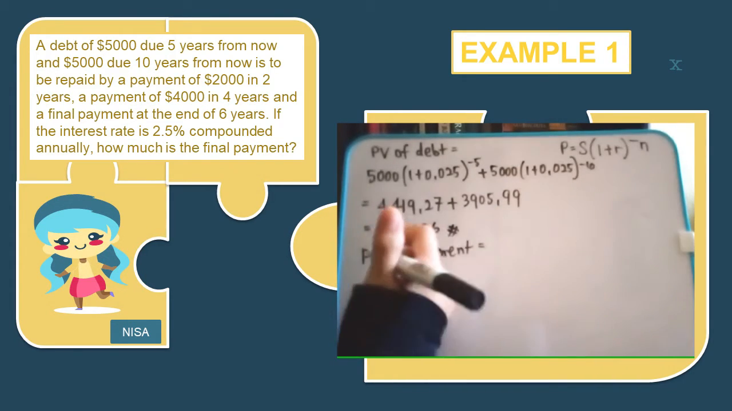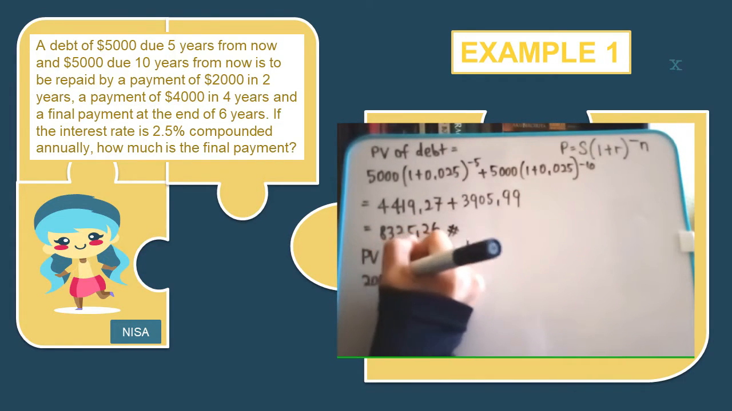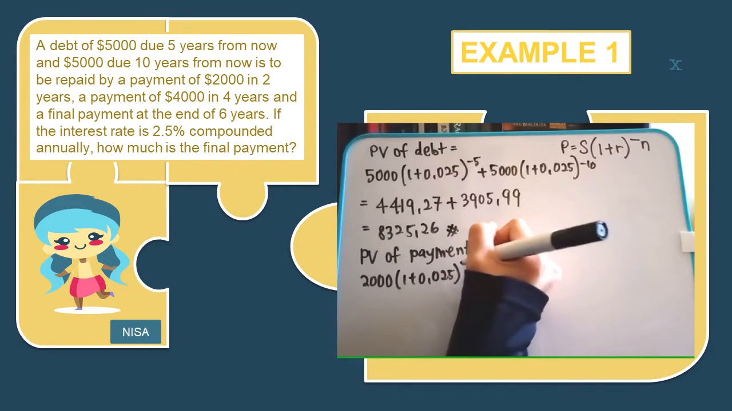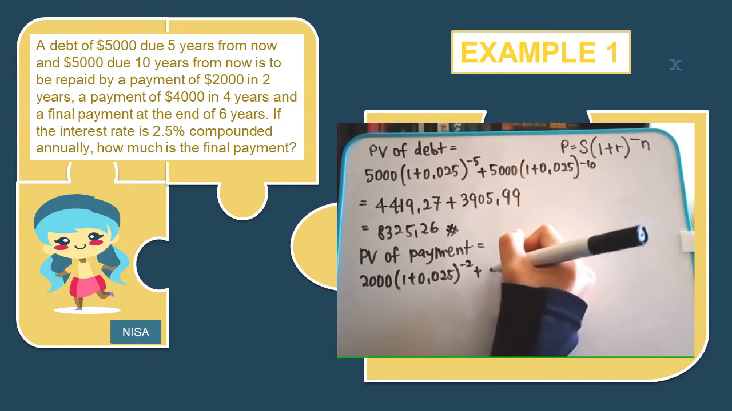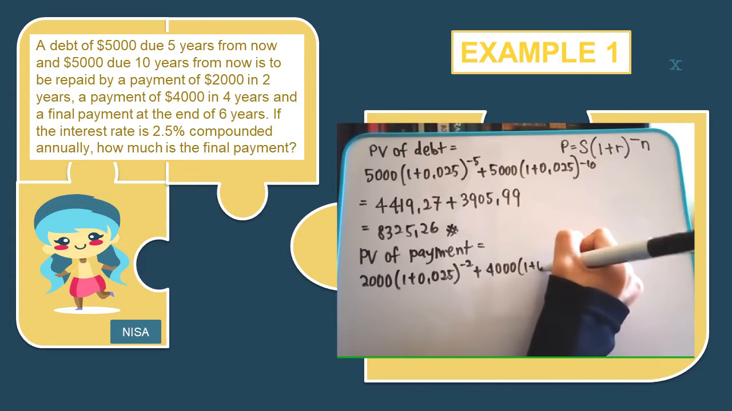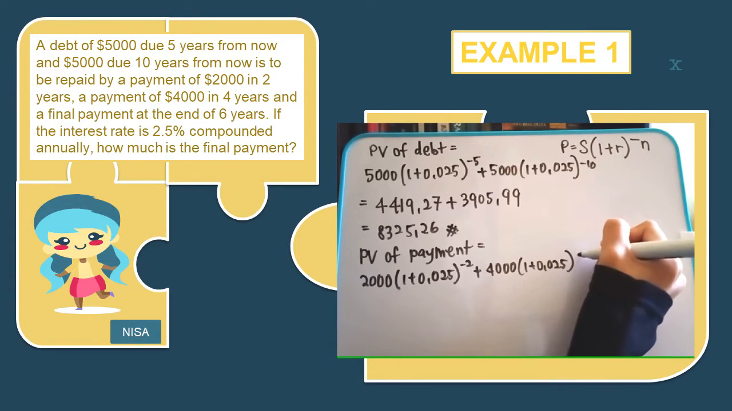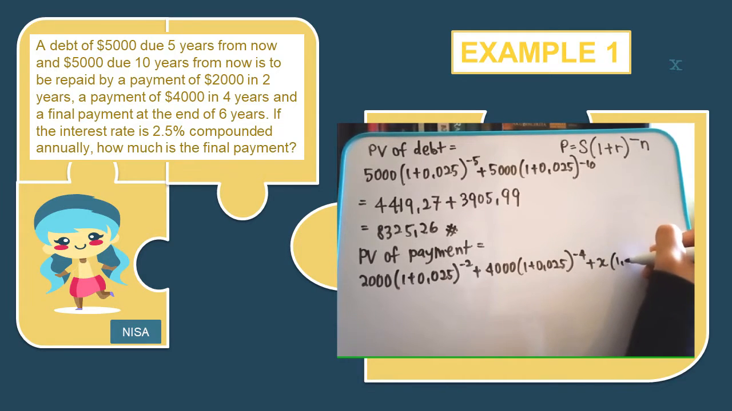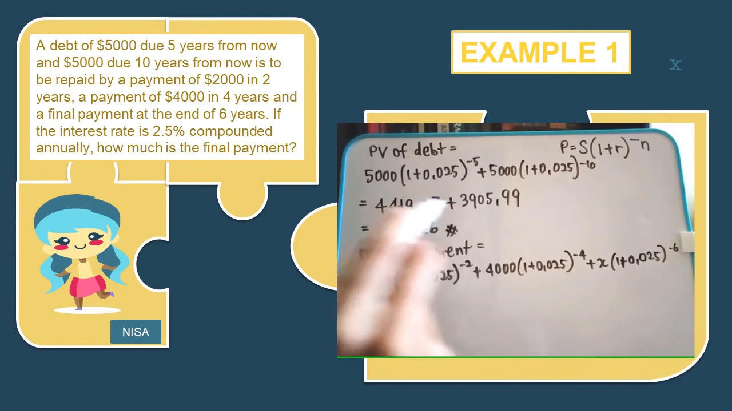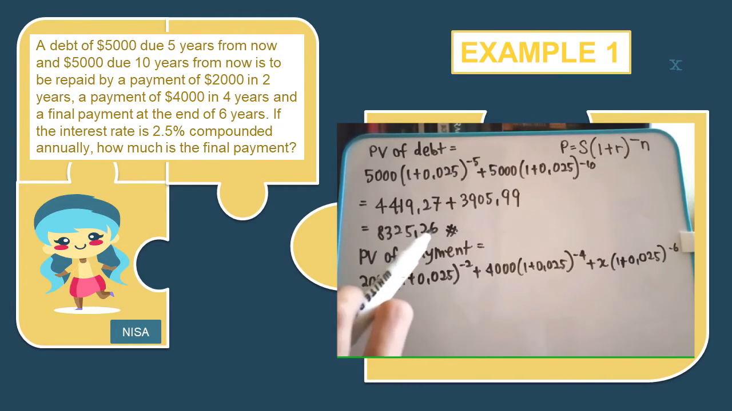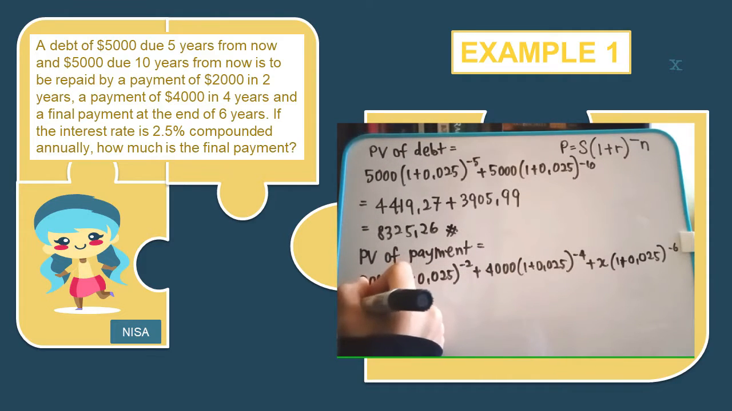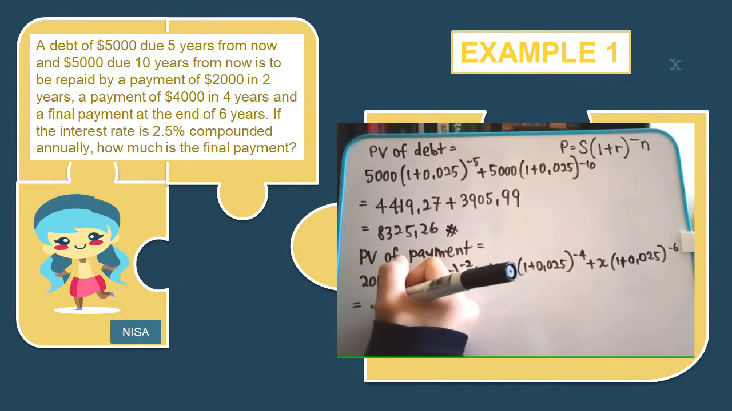As for the payment, we have $2,000 due in 2 years plus $4,000 due in 4 years and plus X due in 6 years. So we assume that the payment at the end of 6 years is X. So now we are going to find what is X. By adding across the total value of present value of payment, we get